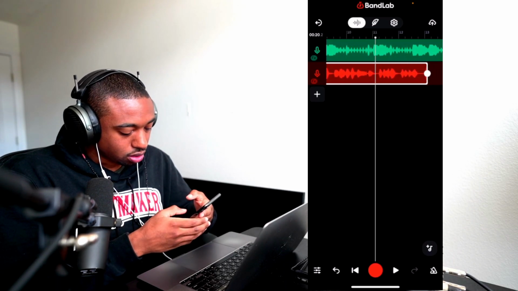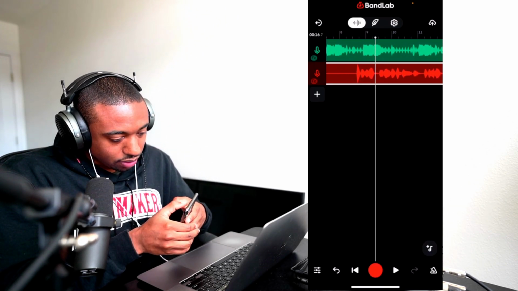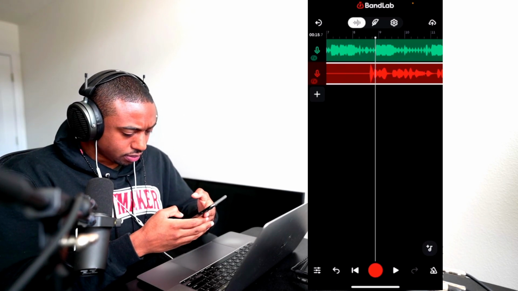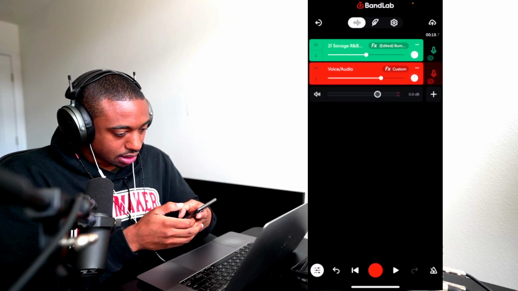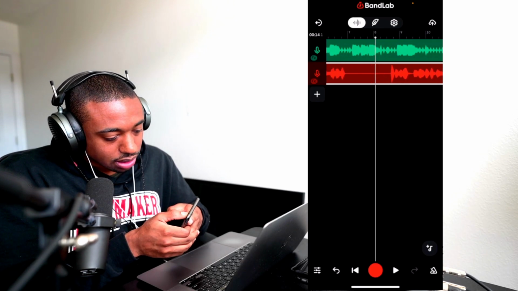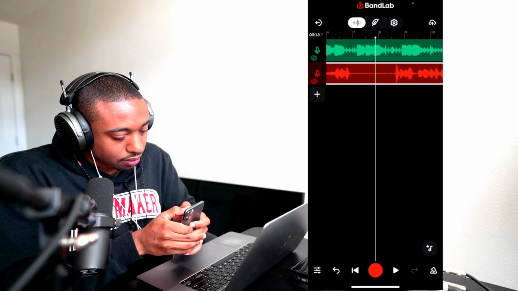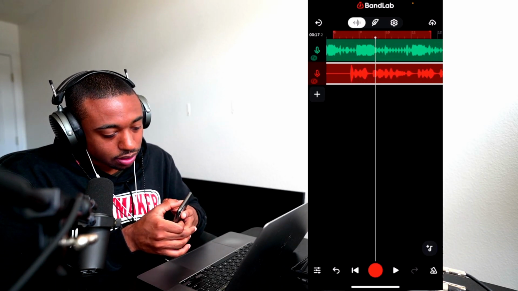Let's see if you can loop. Can you loop on here? Let me see. Looping is not obvious if you can. I don't see any loop features. That's probably a key thing. So BandLab guys, if you guys are watching, we need a way to loop easily. Maybe there is a way. Oh, okay. Never mind. There it is. You just double click to loop. Figured that out pretty fast.